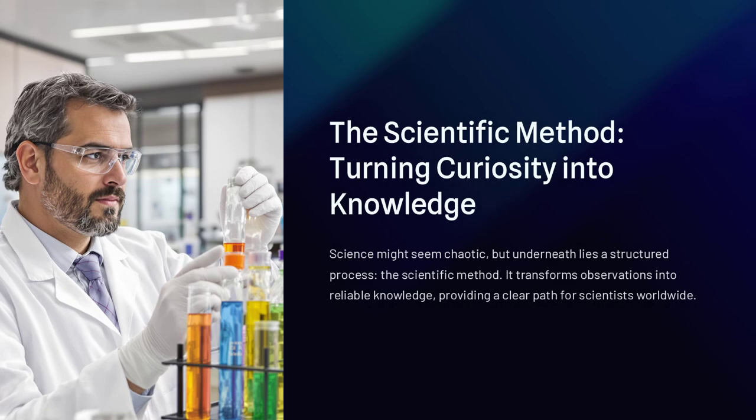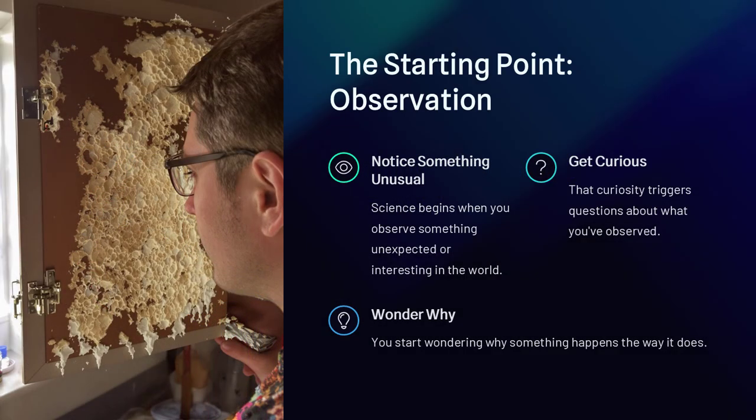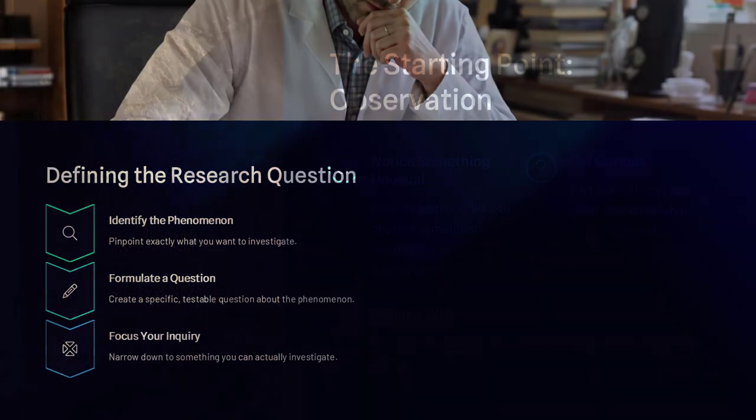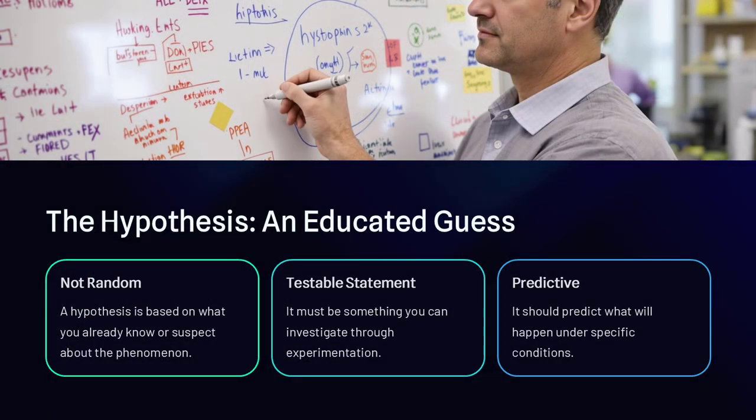At first glance, science might seem like a chaotic mix of curiosity, creativity, and complex equations, but underneath all the experiments, discoveries, and innovations lies a structured process that helps scientists make sense of the world. This process is known as the scientific method, a step-by-step approach that transforms simple observations into reliable knowledge. Whether someone is studying black holes or bacteria, climate change, or chemical reactions, the scientific method provides a clear path